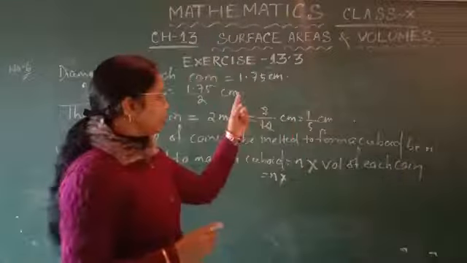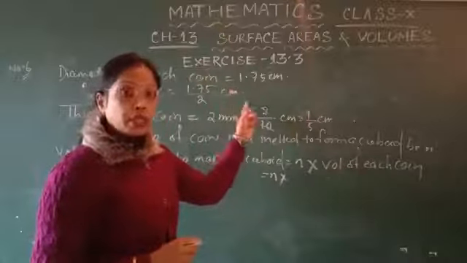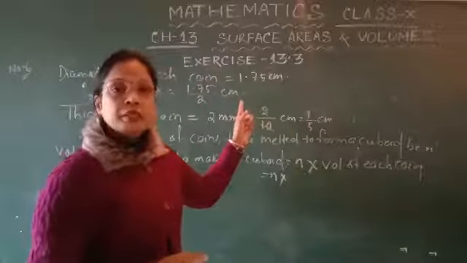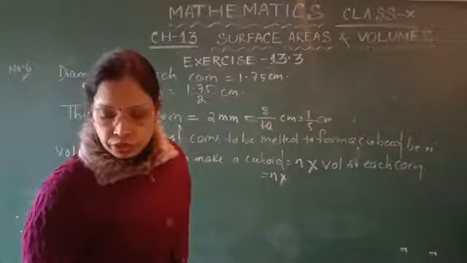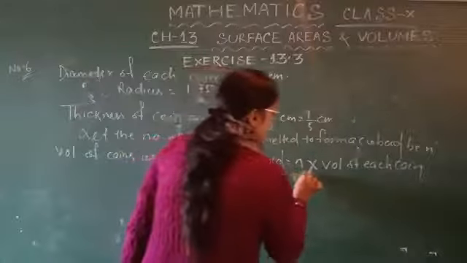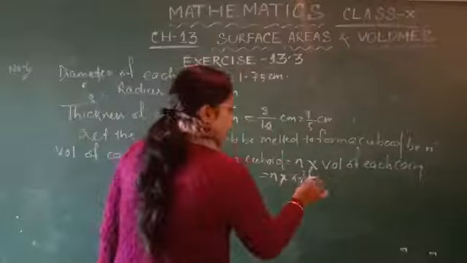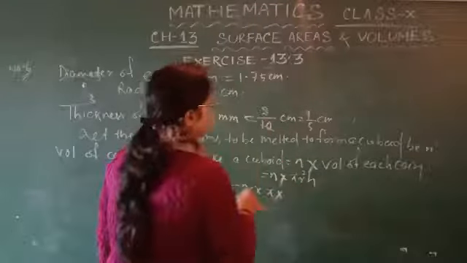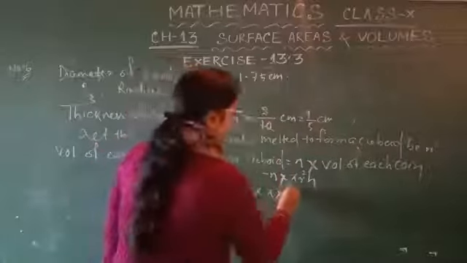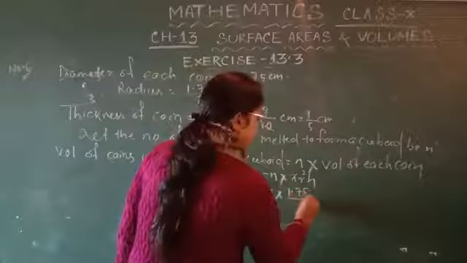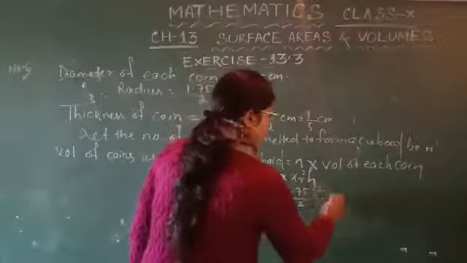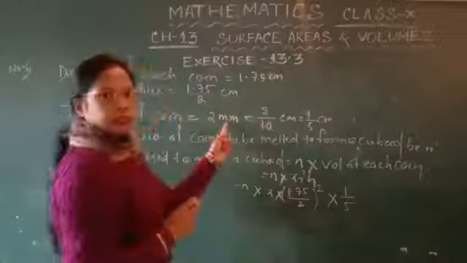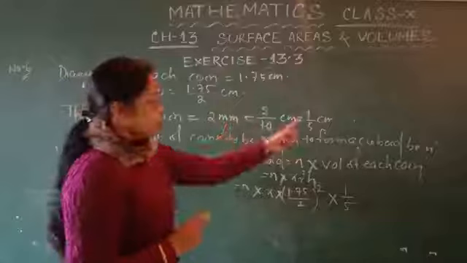Here we already discussed the coin is in the cylindrical shape, so the volume of a coin, a cylinder, is pi r square h. So we write pi r square h, that is equal to n into pi into r, which is 1.75 upon 2, square, into h, which is 1 upon 5 because the thickness is 1 upon 5